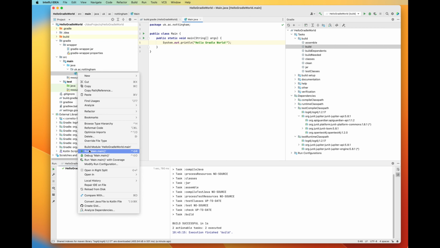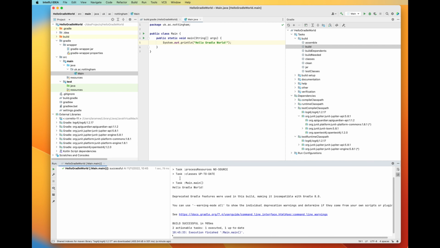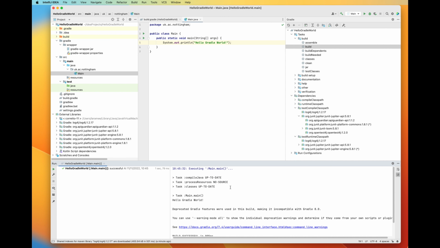We can run it now, right? And there's my Hello Gradle World. I do get a warning though that I'm using some deprecated features, so if I were to continue using this, I'd have to remember that warning,